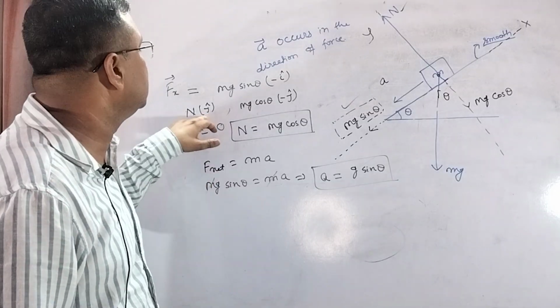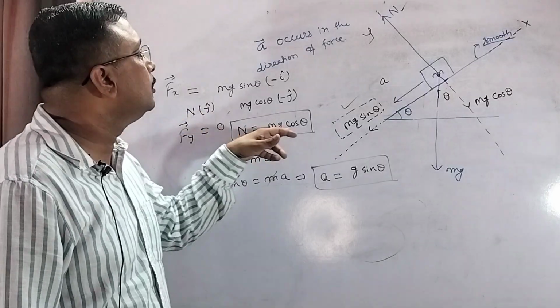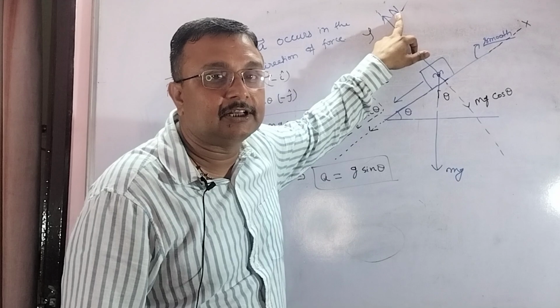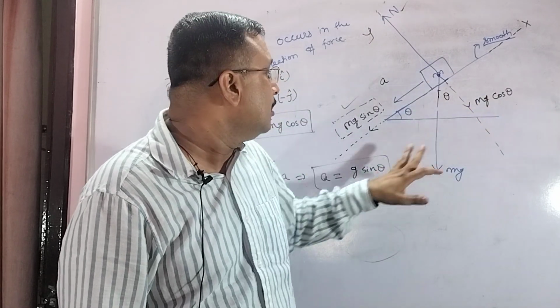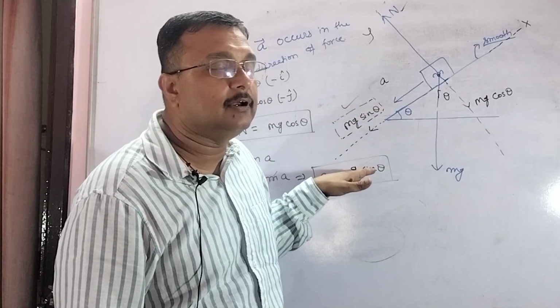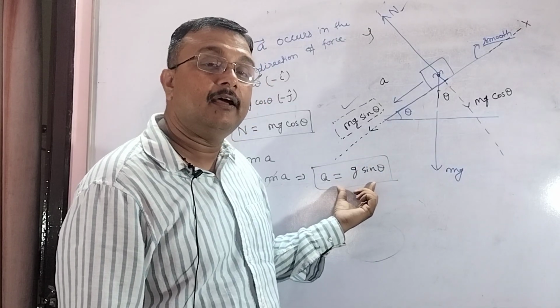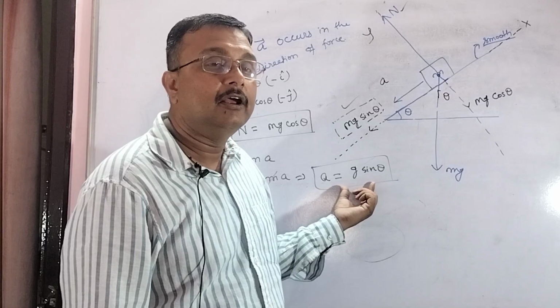0 के बराबर होगा मीन्स दिस प्लस दिस इक्वल टू 0, सो दिस विल बी n इक्वल टू mg cos थीटा। तो कोई अगर यहाँ से पूछे कि फोर्स ऑफ नॉर्मल रिएक्शन कितना होगा, तो नॉर्मल रिएक्शन का फोर्स वो mg cos थीटा के बराबर होगा, और एक्सीलरेशन जो इस केस में होगा वह g साइन थीटा, वहाँ g जो एक्सीलरेशन ड्यू टू ग्रेविटी है, g साइन थीटा जो कि कांस्टेंट है और मास इंडिपेंडेंट है।